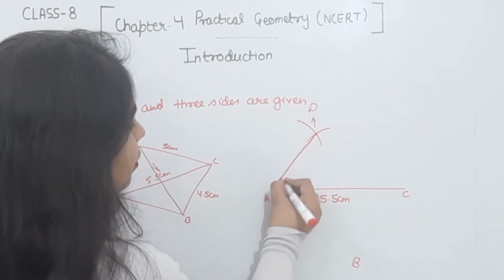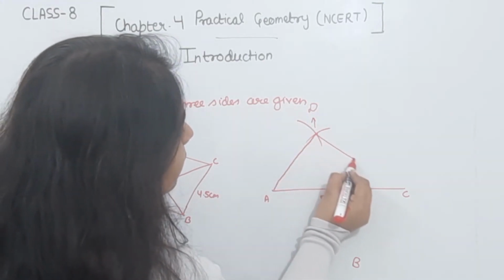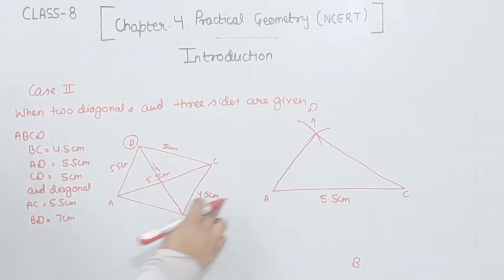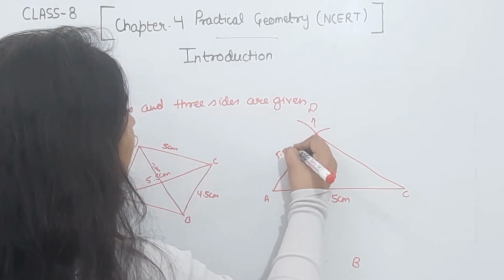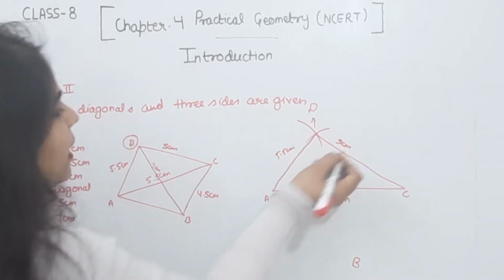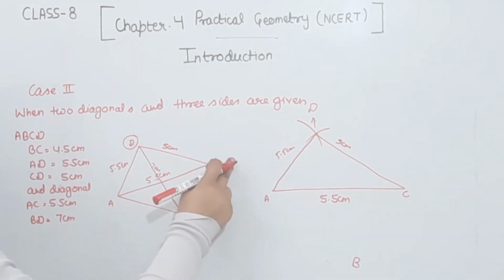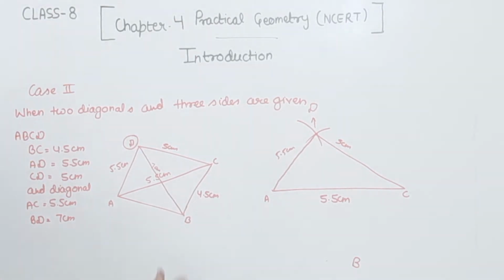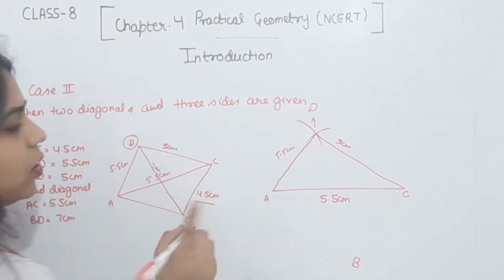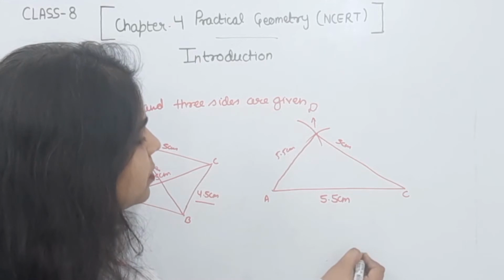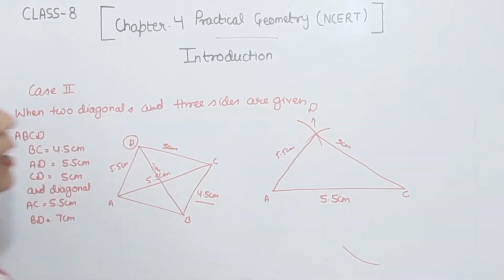Now we are going to join this one with A and C. So this is the point D we are having. We have taken this one as 5.5 centimeters and this one as 5 centimeters. Now on the downward side we have the point B. For this we have CB. So we are going to take CB as 4.5 centimeters. We take 4.5 centimeters on the compass and with C as the center we draw an arc. Suppose I have drawn the arc here. This is the arc we are having.